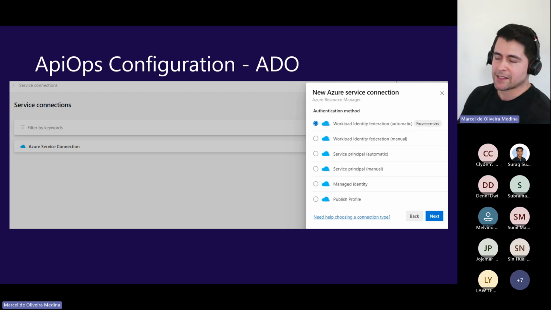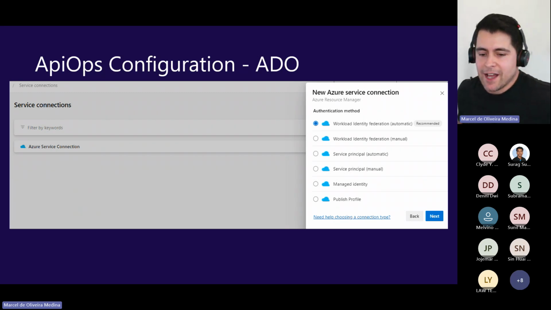It doesn't require that. The steps could be as smooth as clicking next, or you could face some sort of errors, right? Depending on whether you have privileges on Azure or not. In general, if you are the owner of the Azure subscription, you shouldn't have any problems.